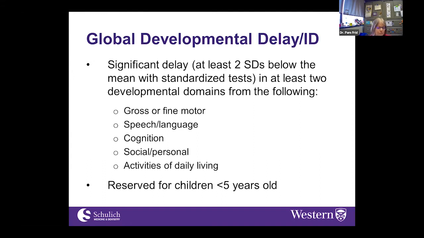So if you are going to investigate children with developmental delay, or what you might suspect would go on to be diagnosed as intellectual disability when they're older, make sure that they truly fall into this significant delay category. Now, I know that all of you don't have access to standardized tests to do that, but these are the kinds of children that on your screening would be failing on everything. So they would be answering no to all of the screening questions and so on. And you get the overall gestalt that they are very low functioning cognitively.